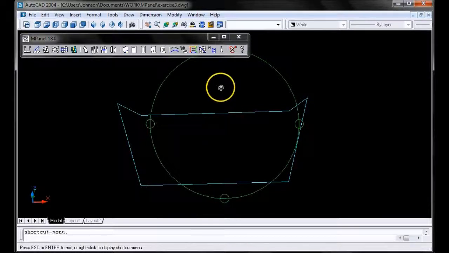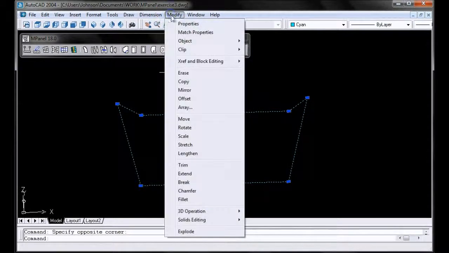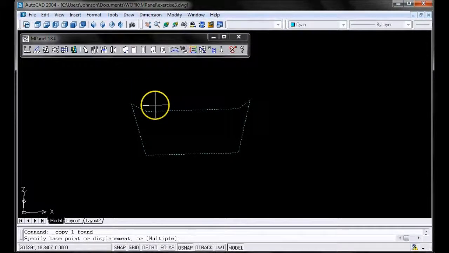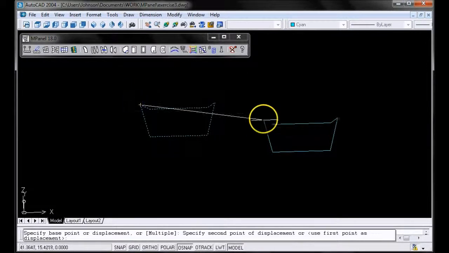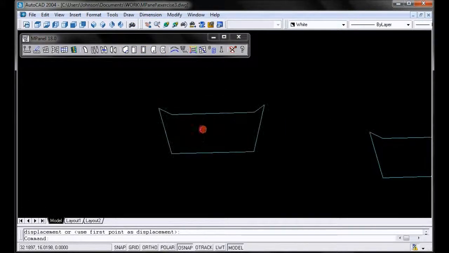Before we do that, however, we'll make a copy of our original frame because we're going to come back to it later. Let's select it, go up to copy, and then copy it right over here. Now returning to our first one,